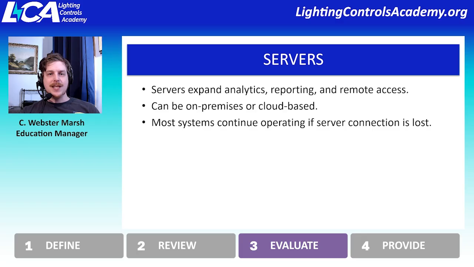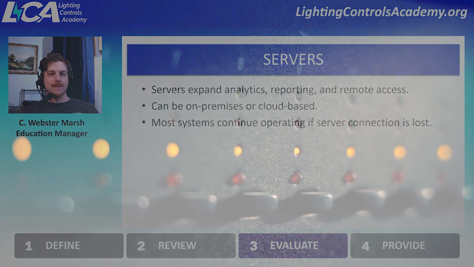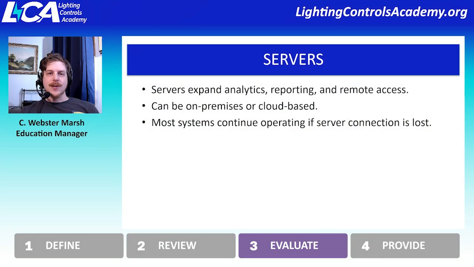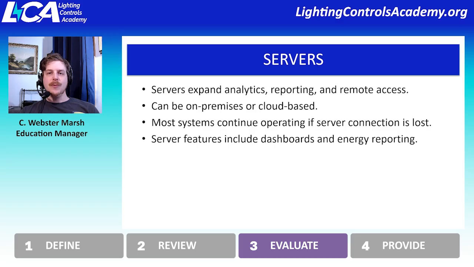However, it's good to keep in mind that if a server goes down, modern systems oftentimes don't stop working without that connection. Most lighting control systems are designed to just keep operating as though nothing happened, because the server really is more about collecting data and giving reporting, maybe distributing new information to the system, like if you're changing configuration or updating presets. So really the devices in the network typically store some data and continue to operate without a server. But the server features really do add in those additional layers,